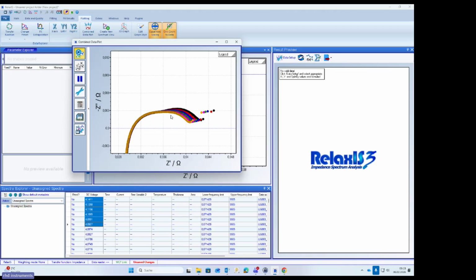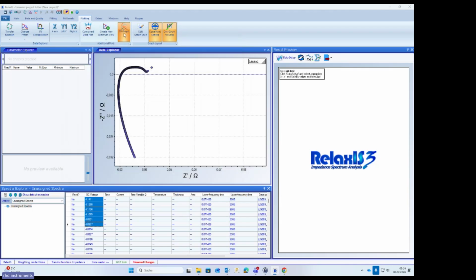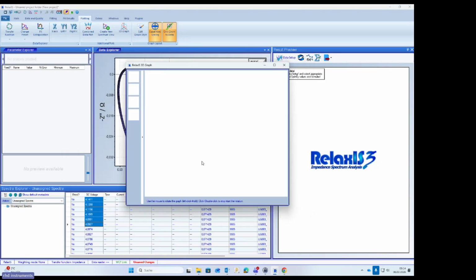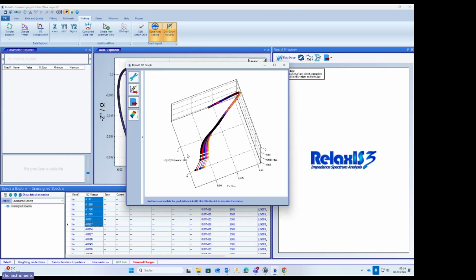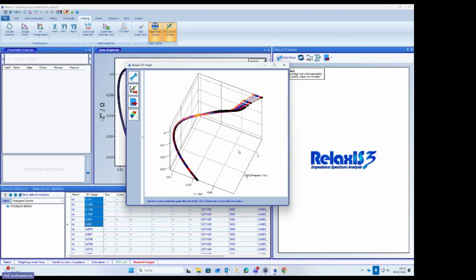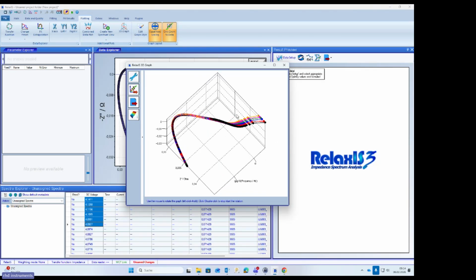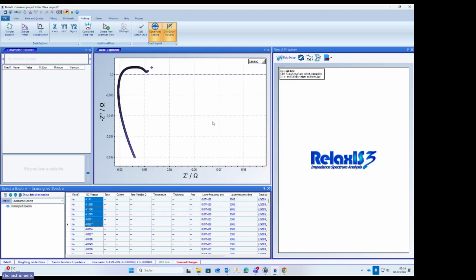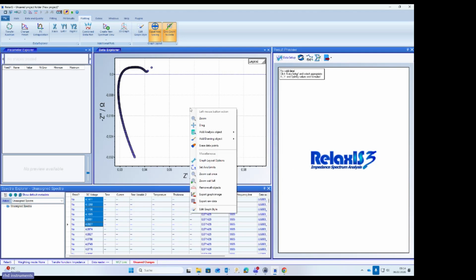So you can identify general trends when you make these overlay plots, and they are available in 2D, as you see here, but also in 3D. So here you have, for instance, now a 3D plot of this data. Okay, it's very close to each other, so you see almost an overlay except for this part, but this is also possible. And irrespective of which plots or which data you plot in RelaxIS, you can always right-click on